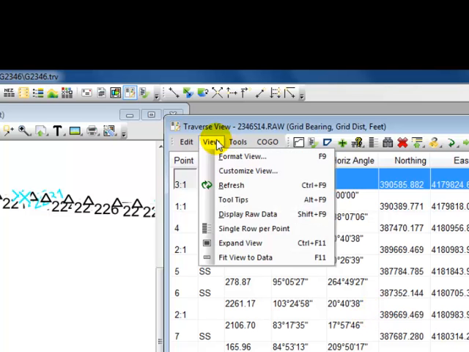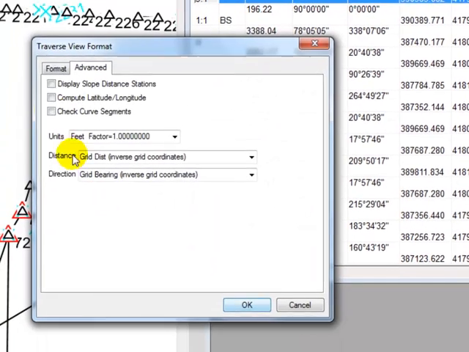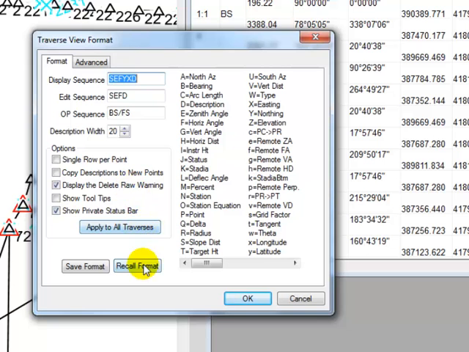If I choose View, Format View, or I could press F9, that's the hotkey, Traverse PC brings up the format for this traverse, and I can see that I've got coordinates here, and I could simply replace those with geodetic positions simply by using the appropriate letters from the right side over here in my display sequence. The edit sequence is for manually entering data. It tells me where I want the cursor to go each time I press the Enter key,